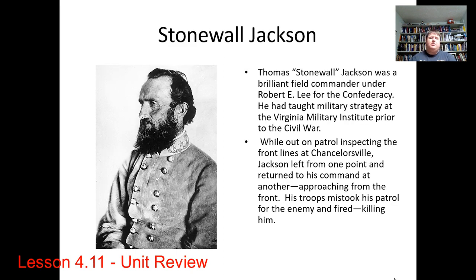His number two man was General Thomas Stonewall Jackson, also a brilliant field commander, able to defeat much larger forces like Lee was, and stretched this war out much longer than people thought it would. But after the Battle of Chancellorsville, in the midst of it, he was moving, and he accidentally got shot by some of his own men. He gets hit in his left arm. They have to amputate it, but however it was too late. He gets very sick and he dies.